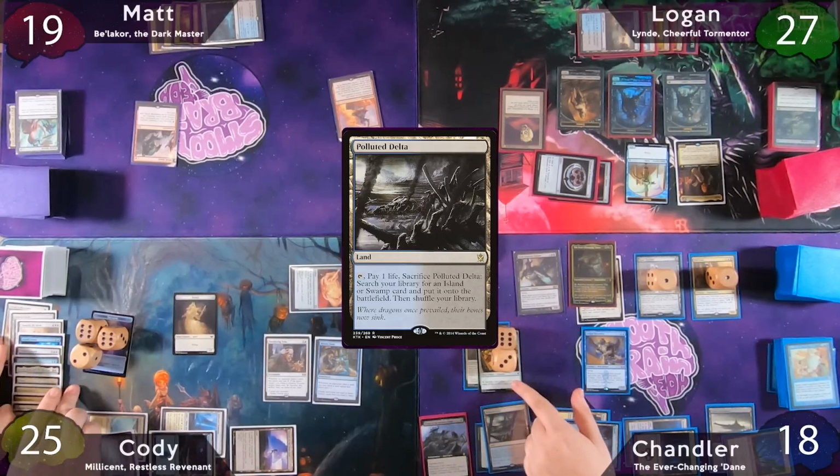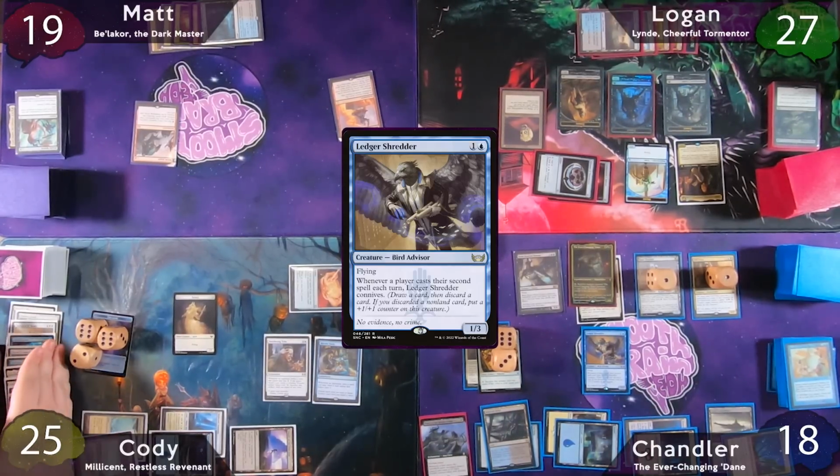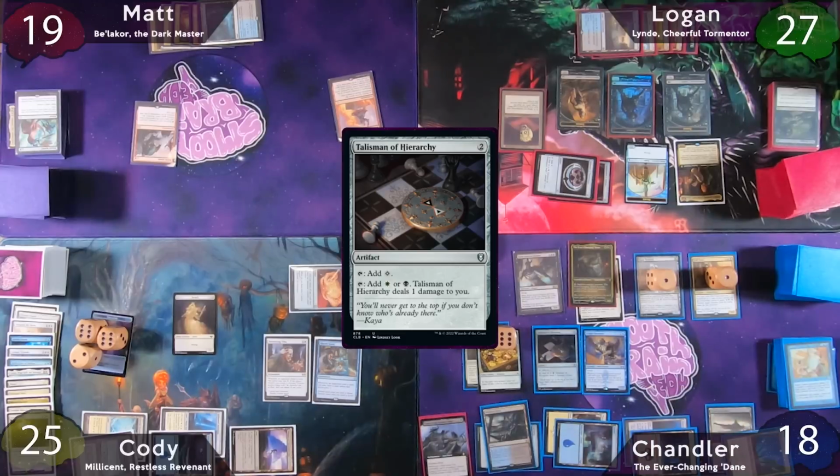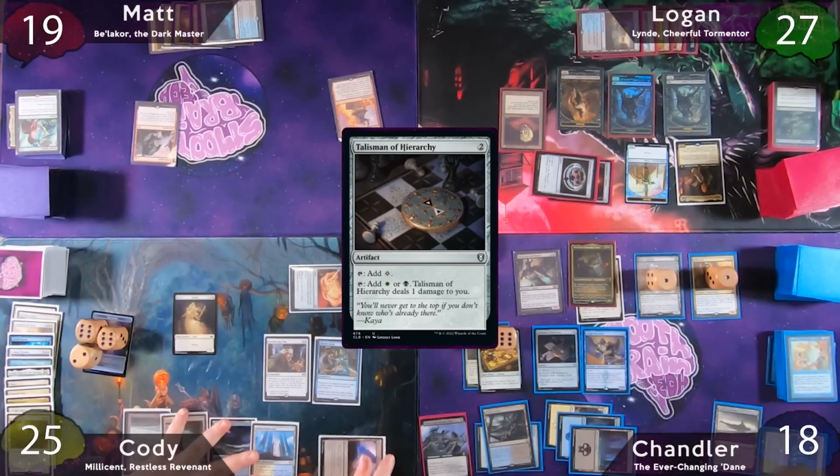Chandler will then play a Polluted Delta, and then cast a Ledger Shredder. And he does pay the 1 this time. Logan also gets another zombie. He'll then cast a Talisman of Hierarchy, paying the 1 again, and then he'll pass the turn to Cody, who